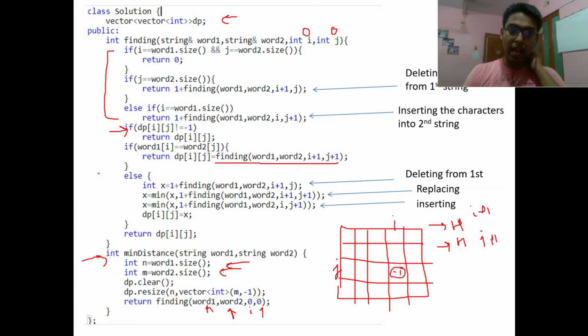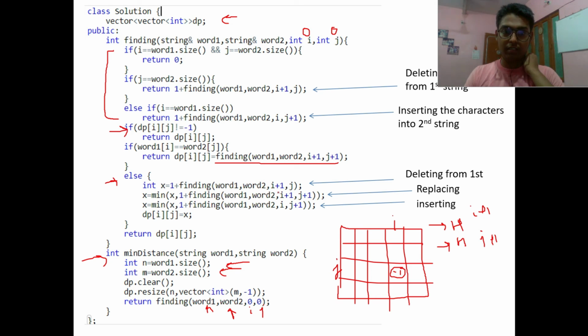Now move toward the else part. If it doesn't match, we have three operations. Either I can delete, or I can replace, or I can insert, right?